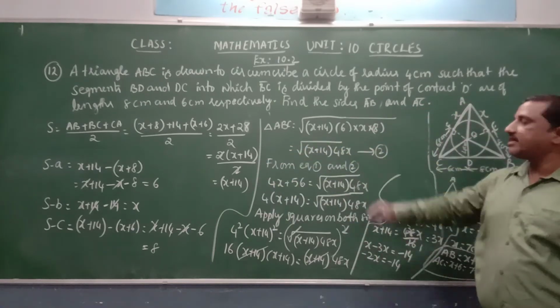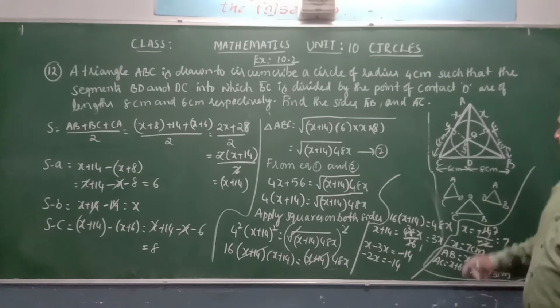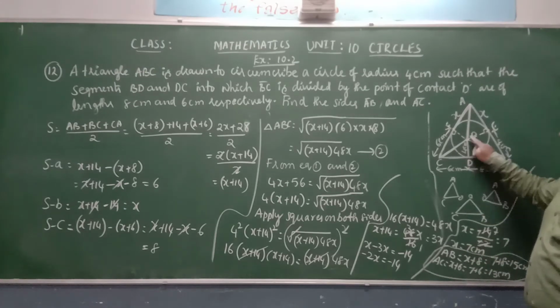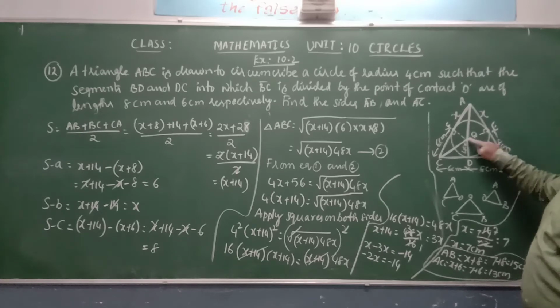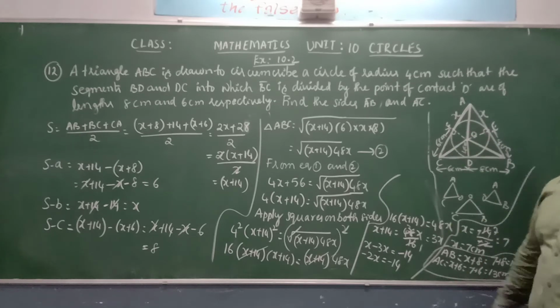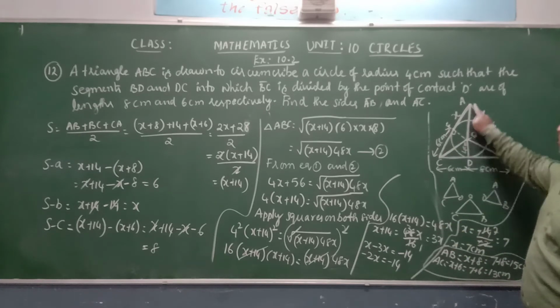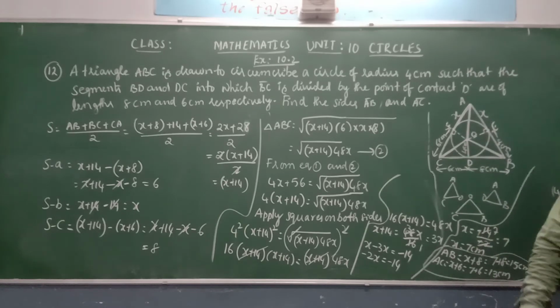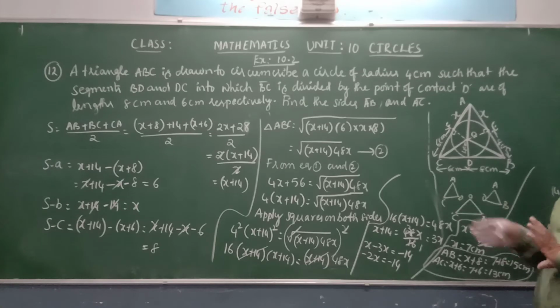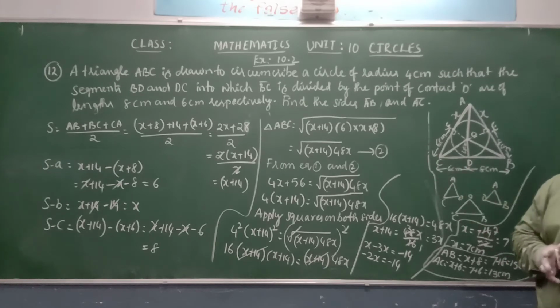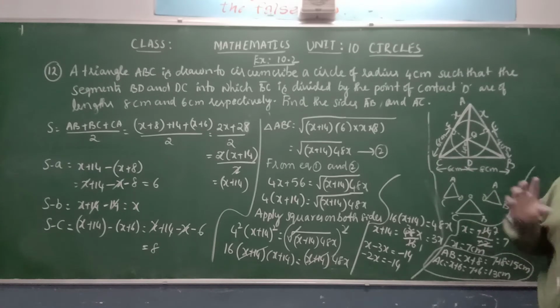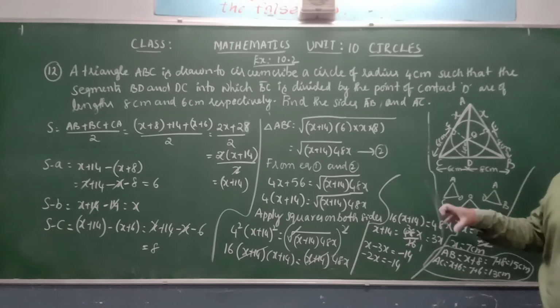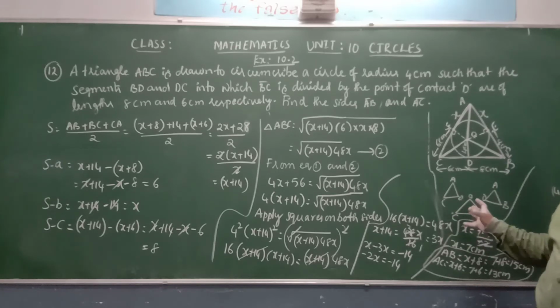We got this as the area of the triangle. And here OD is the radius that is perpendicular to the side BC, as it is the tangent. Similarly, OE and OF are perpendiculars. So by joining OA, OB and OC, we got 3 small triangles. The areas of these 3 small triangles are also equal to the area of triangle ABC. That we find by using half into base into height. Find individually and add the areas of these 3 triangles.